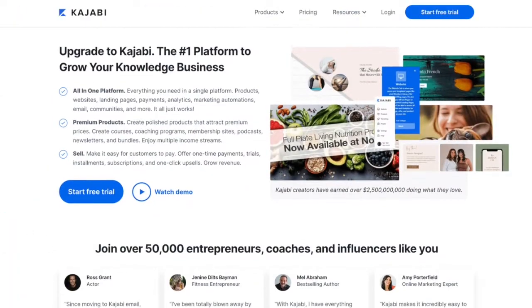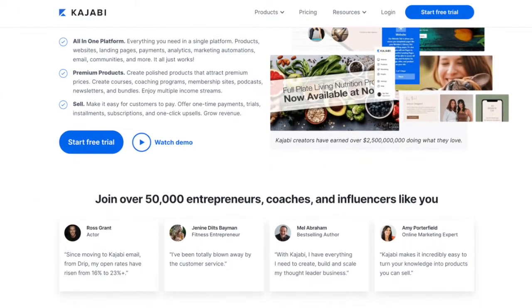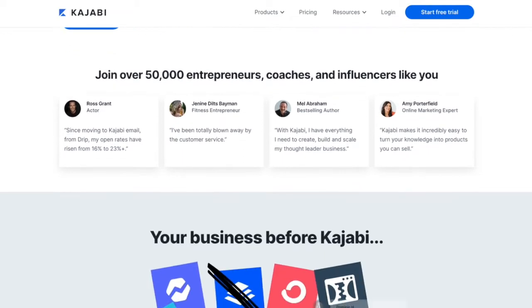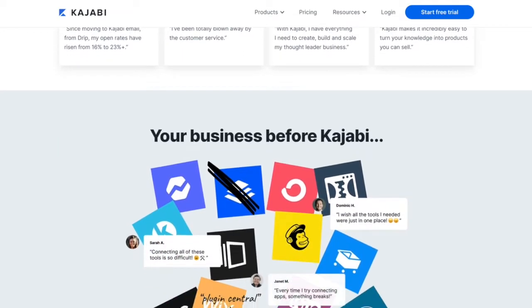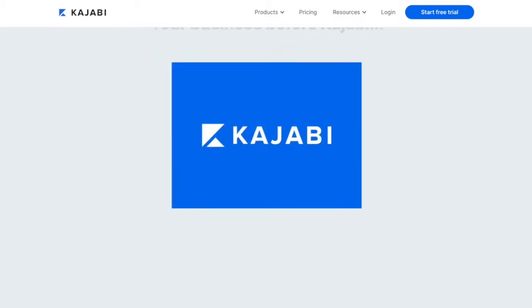But when you look at what Kajabi offers you, the fact that you could create your website on Kajabi, you can create your landing pages on Kajabi, you can run your email list through Kajabi, you can host a webinar on Kajabi, you can house your products on Kajabi. There is so much functionality built into Kajabi that you can actually build your entire digital product business in this one tool. And when you look at the cost of what it takes to have an email service provider and a website builder and a platform to house your digital products and all of the other pieces that Kajabi has included in their platform, you'll realize that you're actually saving money when you go all in with Kajabi.